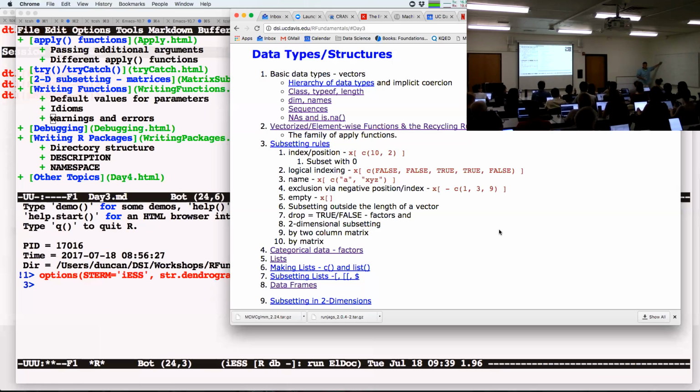How do I vectorize this? Because the simple thing to do is just to issue this command, because we do have this function rnorm. If you're not familiar with it, by the way, we also have rexp, rcauchy, and so forth. For most of the common random variables, we have a function with the name of the random variable preceded by an r, which means generate a random sample from that distribution. And I'll give you the parameters for that distribution. For a normal, we give the mean and standard deviation. For an exponential, we just need a rate parameter. For Cauchy, I think we need two parameters, and so forth.